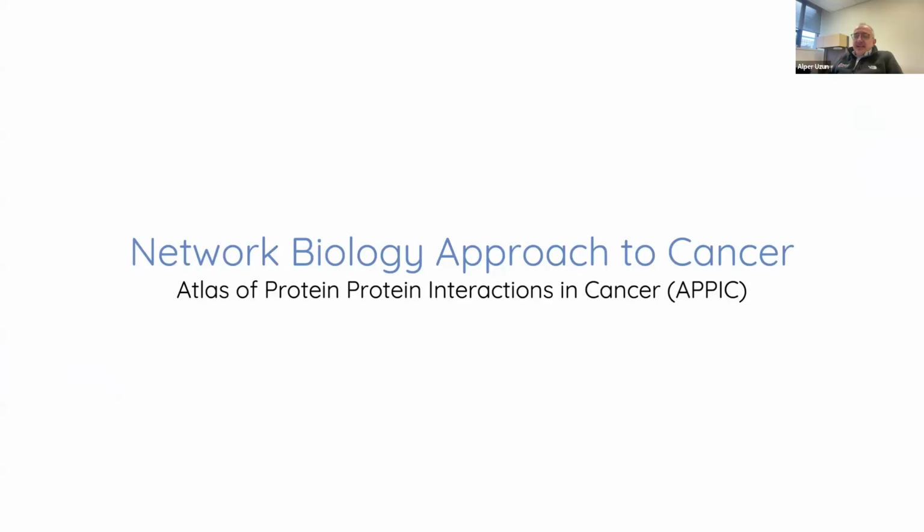And the last, I can say this is a tool and web server. This is a very good combination of Proteinarium and cancer and how we can visualize this data. So we call this EPIC, not the EPIC one in the clinical setting. EPIC, Atlas of Protein-Protein Interactions in Cancer.